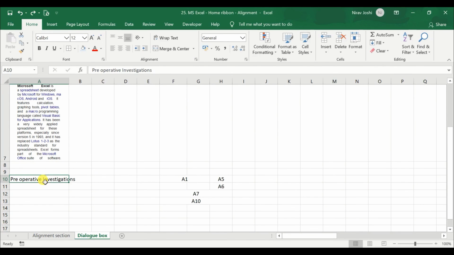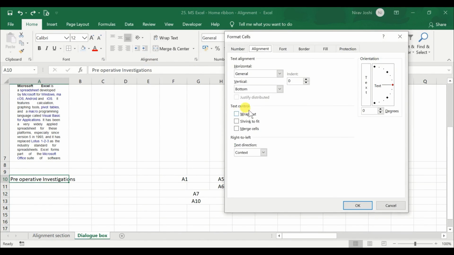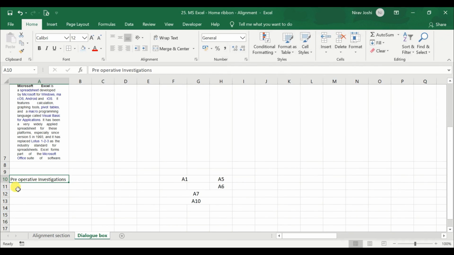Next options in this section are wrap text that we have already gone through, merge cell, that is typically merge cell without any change in the alignment, and shrink to fit. Shrink to fit works when we have this kind of overflowing data or text, and when we select this shrink to fit, it will adjust the cell font and various kinds of formatting to fit those data in the available space of the cell.